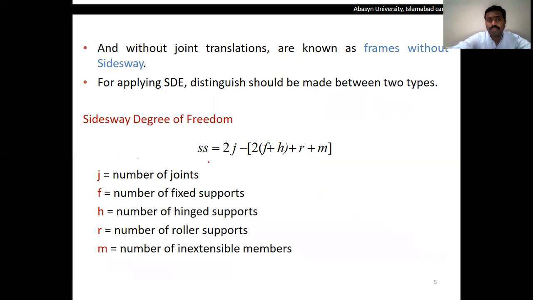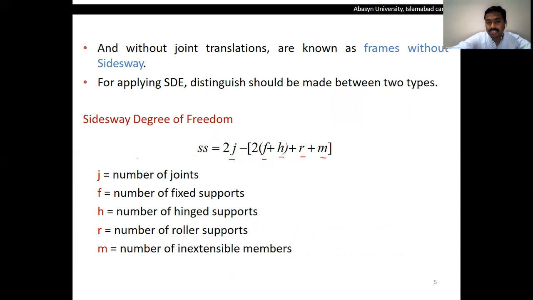And the equation for the sway degree of freedom is 2 times j minus 2 times f plus h plus r plus m, where j is the number of joints in the frame, f is the number of fixed supports, h is the number of hinge supports, and hinge supports include both pin supports, and r is the number of roller supports, and m is the number of